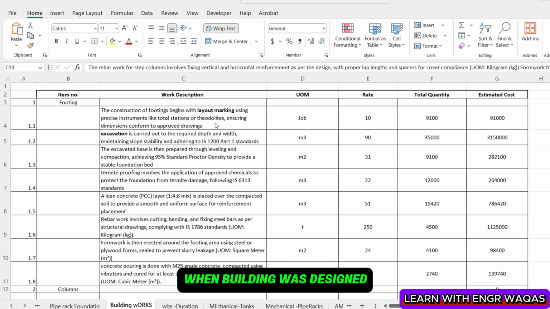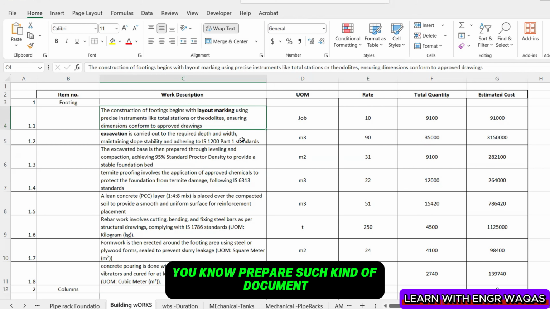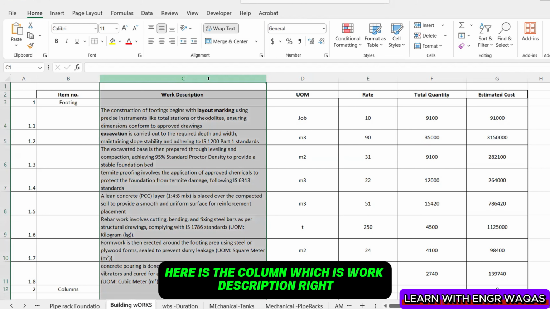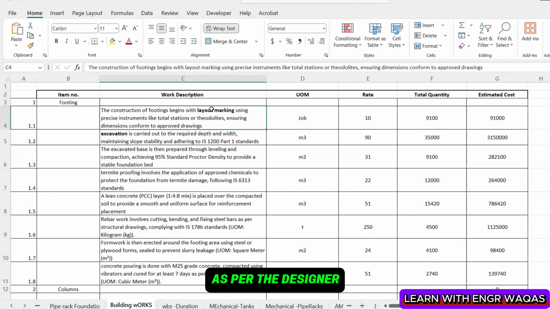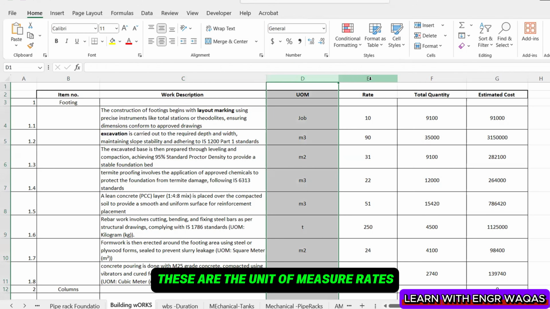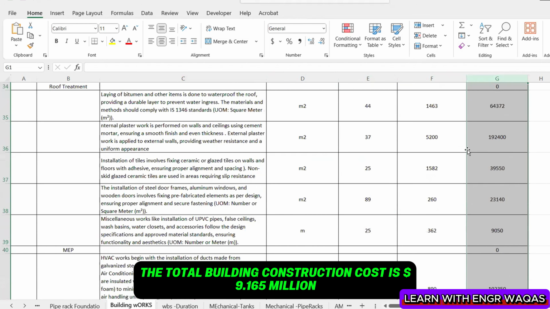When a building is designed, from that design the quantity surveyor helps you prepare a document called the BOQ, bill of quantities. Here is the column which is the work description, as per the designer, what exact work you have to carry out. These are the units of measure, rates, total quantities, and ultimately the cost, right? So the total building construction cost is